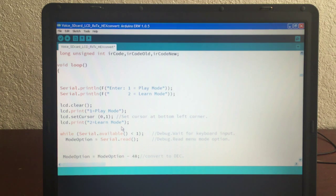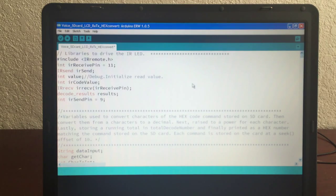And that's basically what everything does. As far as how you play it back, how you read from the card, some of the problems I had. All in all, it was a little tricky, but not too bad. The wiring wasn't too bad. I have a complete schematic of the wiring. Again, keep in mind, you are using 2 different voltages for different things. The LCD wants one, and the SD wants another, and the IRs require something else. But this will get you started on creating a learning remote